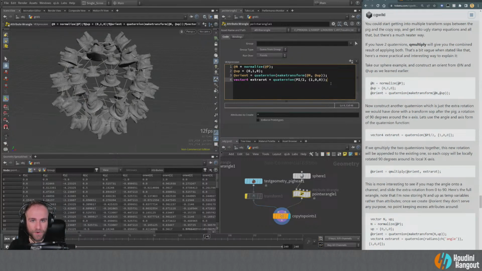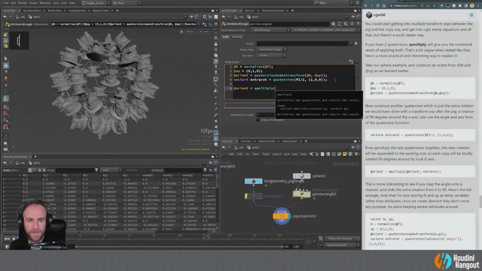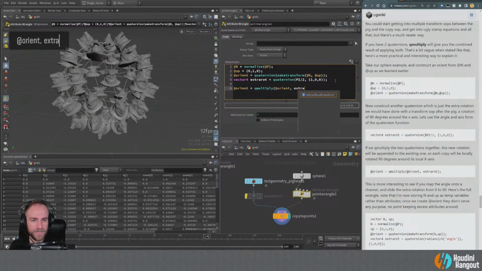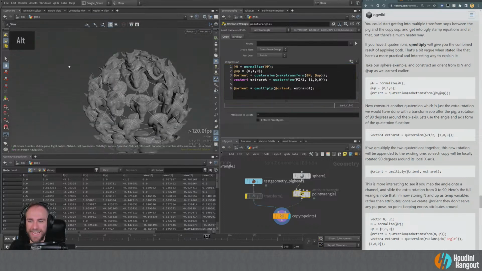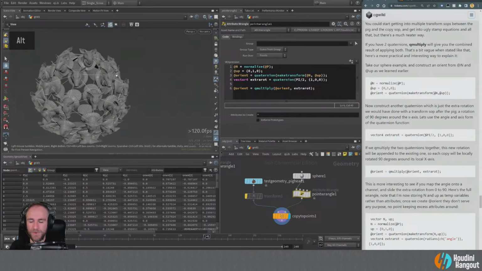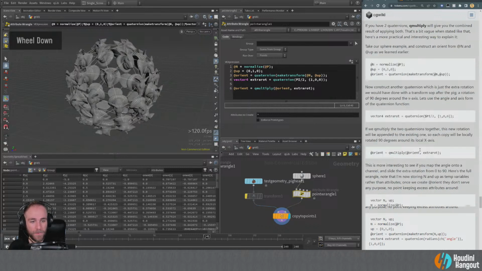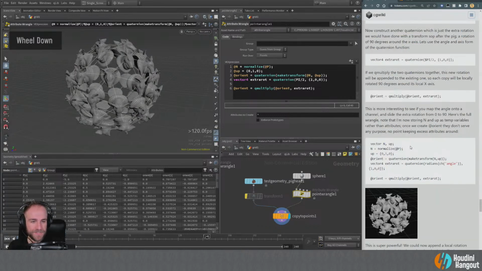So now let's take the orient and set it to @orient equals qmultiply, and we're going to take our two vector4s, so @orient and extrarot, like that. So now we have all of these heads sticking out. They've all been rotated 90 degrees, and they did exactly what we wanted. So instead of doing this,